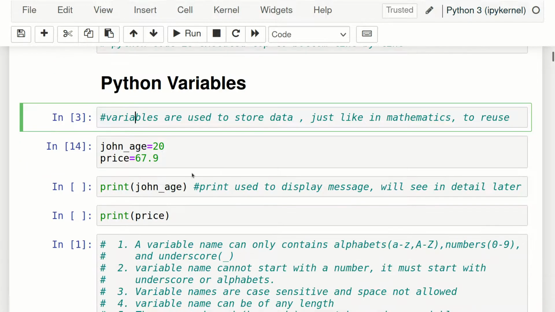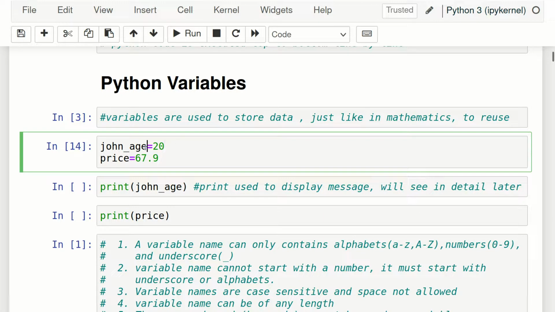So the first thing is variable. Variables are used to store data. Okay. We are learning Python, we are learning programming, so we will be working with lots of data. There should be something to store that data. Just like we all have our names. Why are names given? So that someone can call you, then you will respond. Similarly, to store data, we need a variable or a name, so that in future if I have to use that number again, we will use that name. Just like in mathematics, we say that x equals 10, y equals 20.